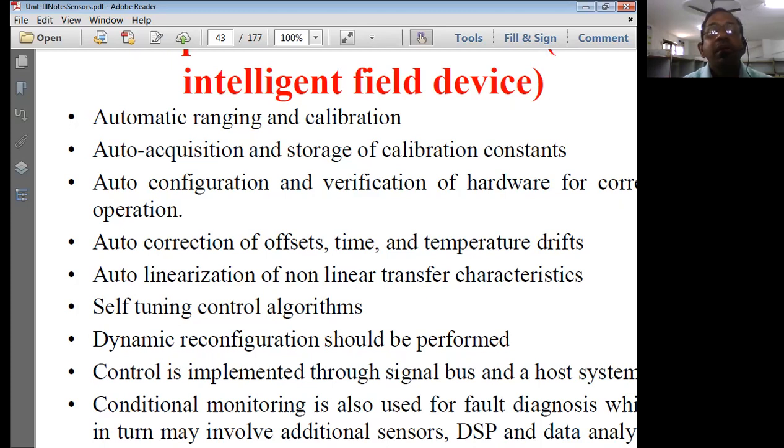So please try to enhance your thinking and use some common sense. Think with common sense and apply it to the sensor's basic necessity, and then keep some points with you and try to elaborate those points. Whatever good things come to your mind as far as the sensor is concerned, just put all those things in the exam paper with respect to the time available to you. That is how we normally manage things.